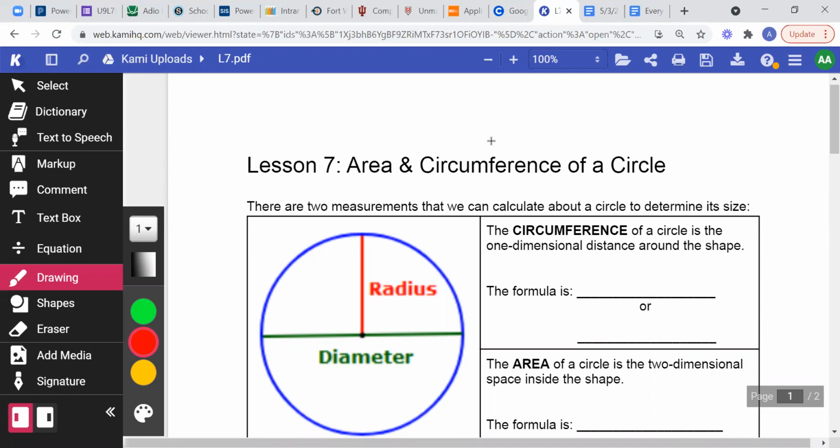So we have two ways of finding the size of the circle. The first one is the circumference, and the second one is the area. The circumference of a circle is nothing but the total motion around the circle, and it's determined by this formula, which says,